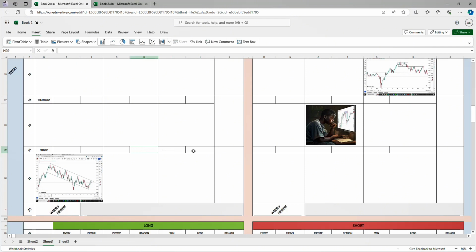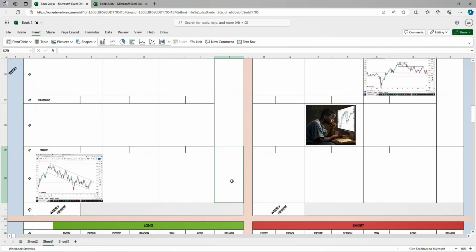Did you win? Yes. Did you lose? Yes. And then you are going to write your daily remark. You took a loss because the market stopped you out and then it moved in your favor. You took a loss because there was a high news impact and the market stopped you out. You took a win because any reason, anything here you are going to write, okay? It depends on you. I'm not going to tell you exactly what to write, but I will only guide you,